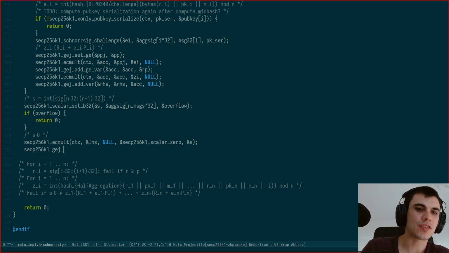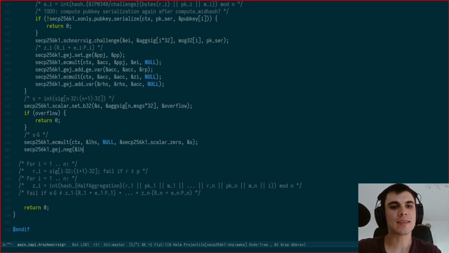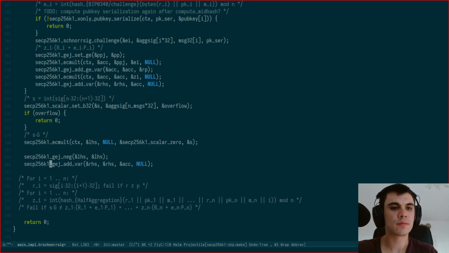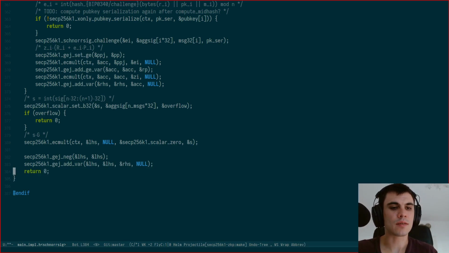And check for, we have a neg equals 0 function. So we now negate the left-hand side. That should work, and then we can GJ add var. Sorry, yeah, we add the right-hand side to it. Left-hand side, right-hand side, and then we check GJ is